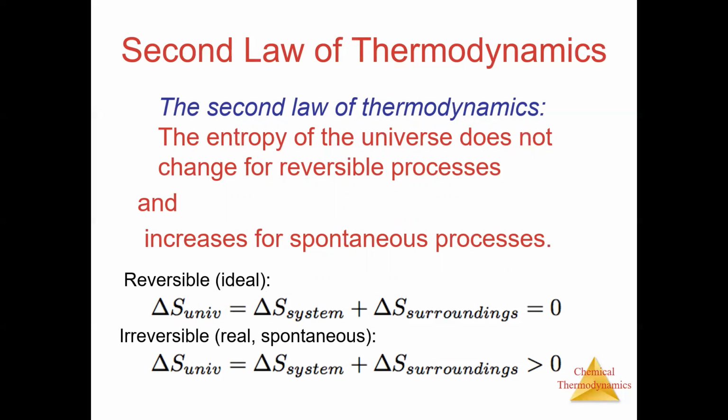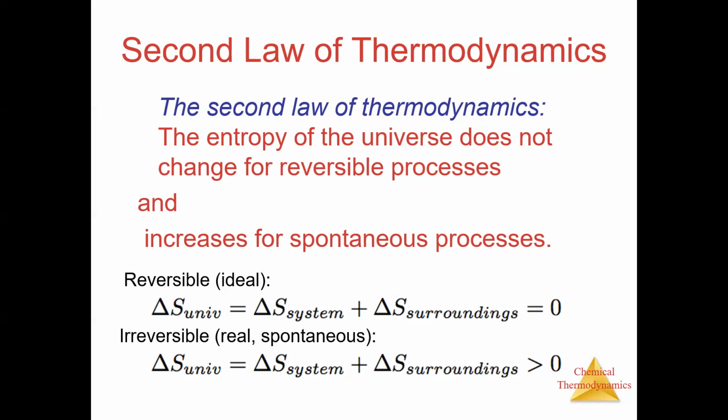Hence, the second law of thermodynamics is stated as: the entropy of the universe does not change for reversible processes and increases for spontaneous processes. Therefore, we can represent the change in entropy of the system and surroundings as equal to 0